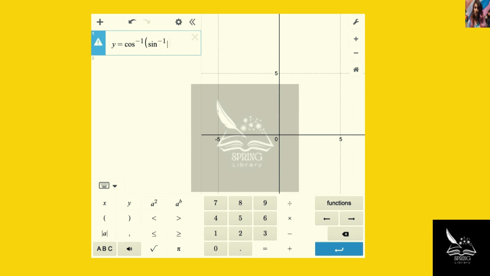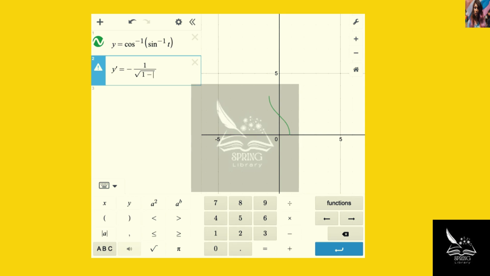So y equals the inverse cosine of the inverse sine of t. It could be x, but in this case it's t. That's what we have. Then remember that the derivative of the inverse cosine is negative 1 over the square root of 1 minus x squared, where x is what's inside the parentheses. So now what we'll end up getting is that y prime is equal to negative 1 over the square root